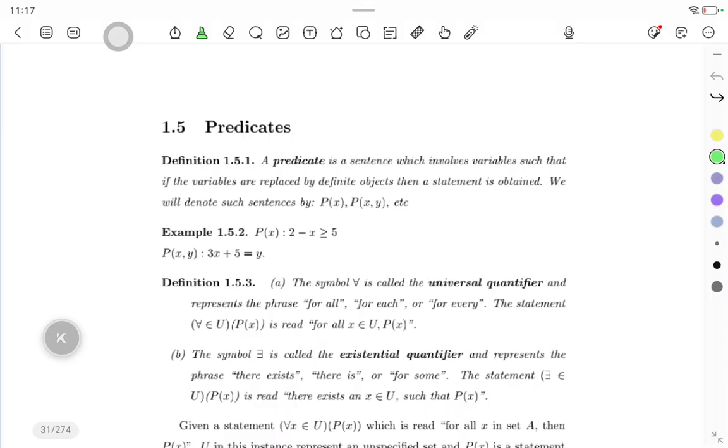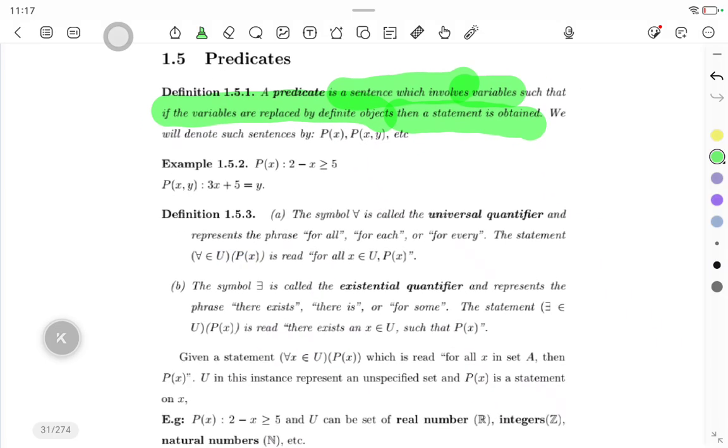If we check it, they say that this is a sentence which involves variables, such that if the variables are replaced by definite objects, which we'll talk about, then a statement is obtained, meaning that the statement can be either true or false. So since a statement will be obtained in such a case, we are saying that for us to get such statements,